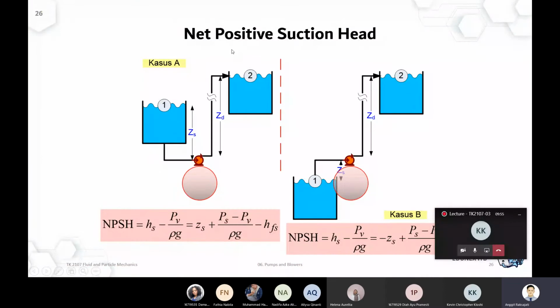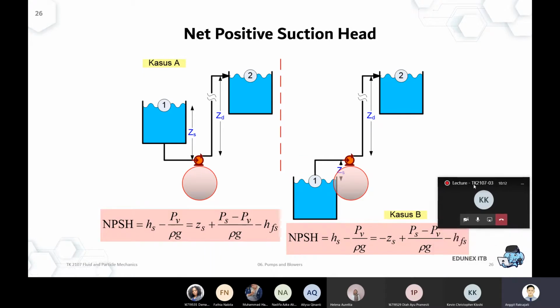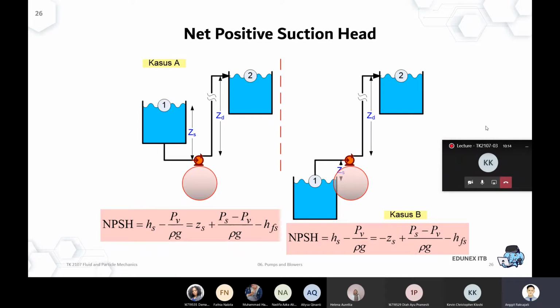Okay, so yesterday we talked about the pump calculation, mainly relating to the energy equations and how to incorporate the pump duty into the energy equation. And then we also briefly talked about the net positive suction head, which is the calculation to ensure that the feed of the pump will still be in a liquid form without any vapor, to prevent any cavitation. So just a quick review.